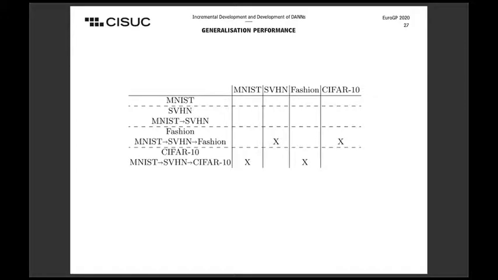For example, for MNIST SVHN, we measure the performance on all datasets that are not seen during evolution, that is on Fashion and CIFAR10. For MNIST SVHN Fashion, we measure the performance on CIFAR10, and the same for MNIST SVHN CIFAR10. And what we've seen here is that